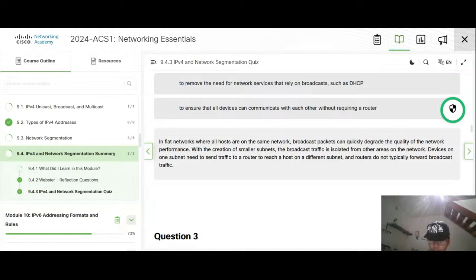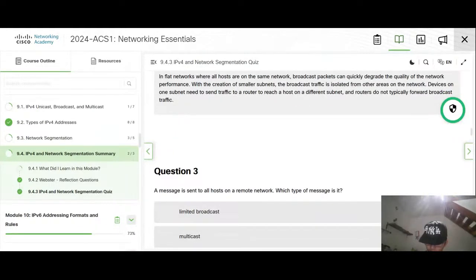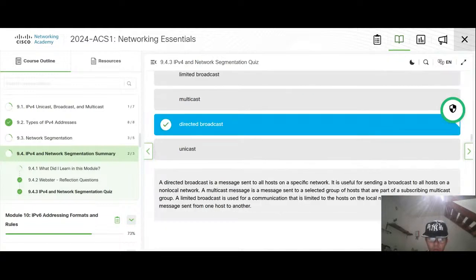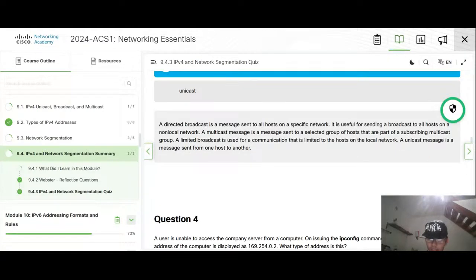Okay, direct broadcast, all hosts. A broadcast message from one to one. More limited is to a host on the local network. Multicast is selected, and broadcast is directed to all hosts on a non-local network.